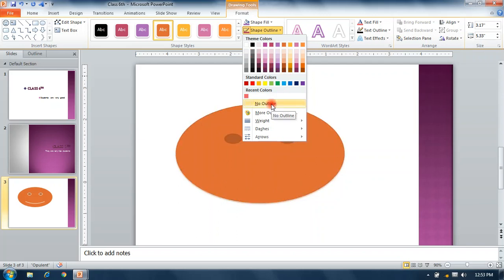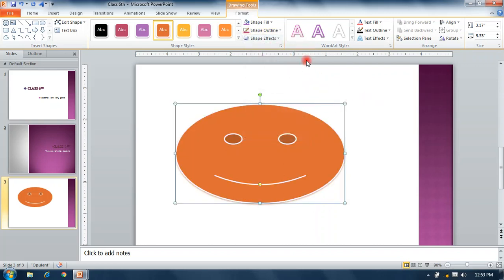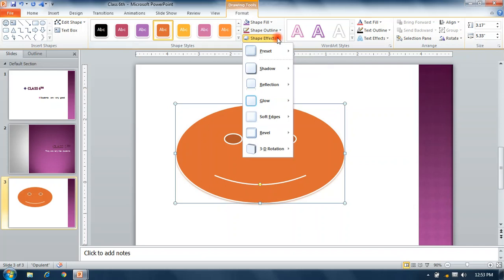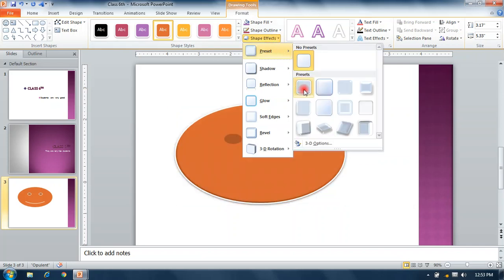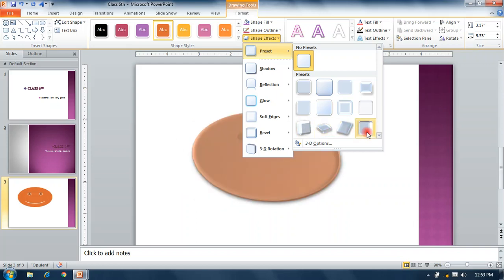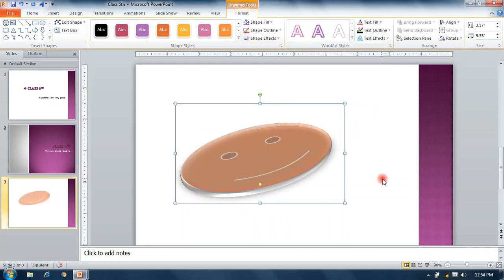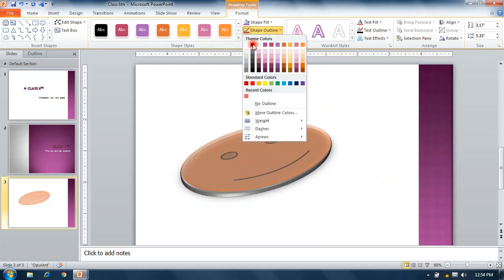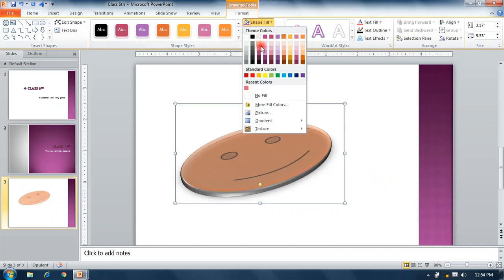No layout means no boundary. For shape effect, we can select any effect to apply. This is shape fill.